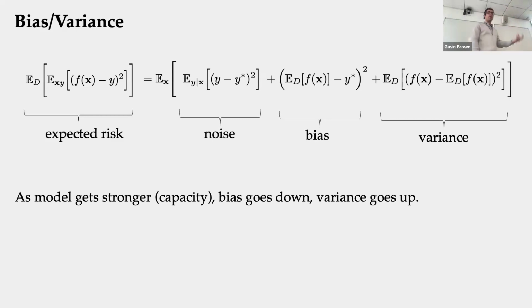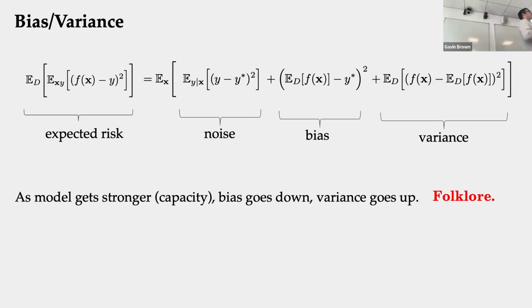So as I said, bias is like the strength of the model, and the variance is the sensitivity, the variation around its center to training set variations. And common machine learning knowledge tells us that as the model gets stronger, more powerful, deeper, the bias gets smaller, the variance goes up. This is folklore. It's not necessarily true. Deep models tend not to obey this particular trade-off, so it can be more complex. Sorry, what is Y star? Y star is the Bayes model, so the expected value, Bayes optimal, yeah.